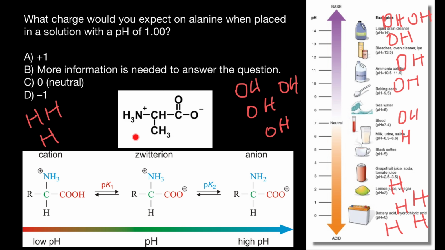That means that when we change pH of our solution, the R group is not going to be affected. It's only going to affect the amino group and carboxylic acid group. At the low pH of 1, we are going to have a lot of hydrogens, and let's think what's going to happen here. The negatively charged oxygen in the carboxylic group is going to attract this extra hydrogen,